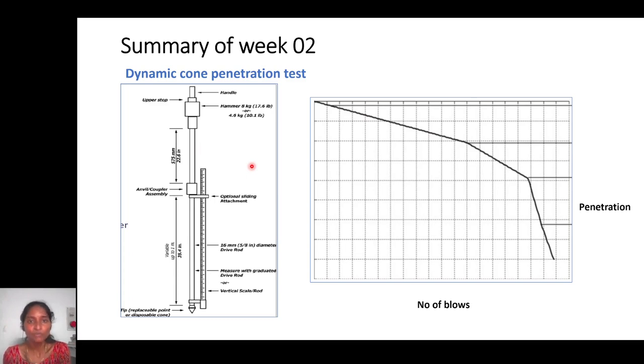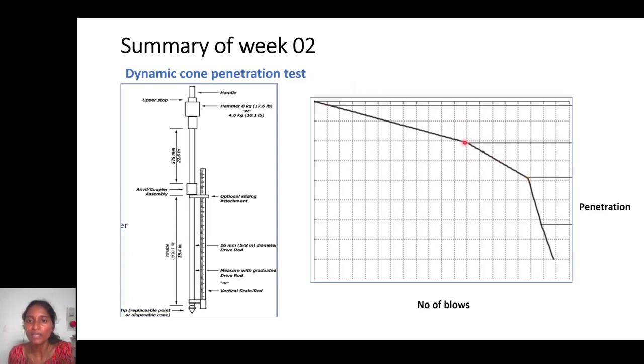In addition to that, what happens? Let us say you have started here, x-axis, let us say there are number of blows. At 0 blows, your cone is here. As you keep increasing your blows, your penetration of the cone is moving forward, moving forward, moving forward. After a particular amount of blows, again when you start increasing your blows, you observe a change in the slope. You can see till this is one slope, till that is another slope, which indicates that there is a change